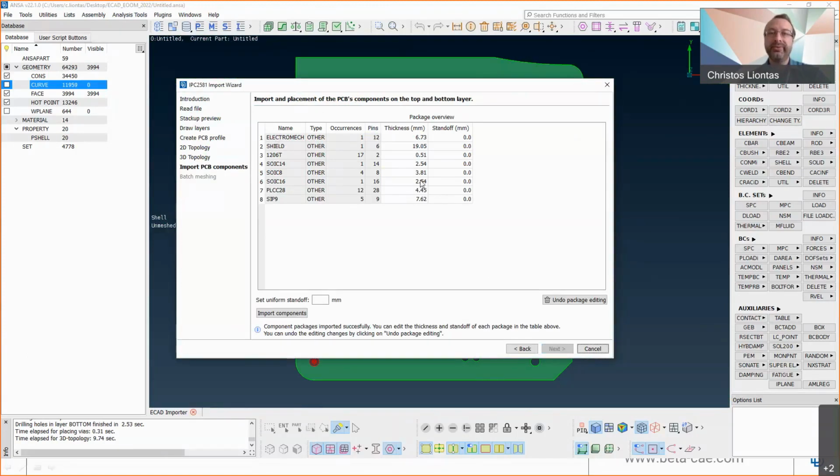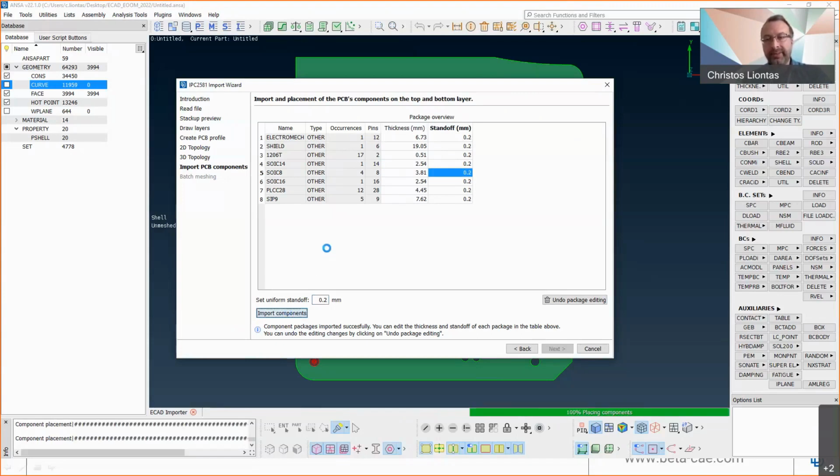The one column is called thickness. It's the thickness of the package, and the other column is the standoff. So it's the distance of the component from the board. And you can edit both these columns, or you can even put a uniform standoff if you put a number here for your components. And if I import my components now, you will see the final result.